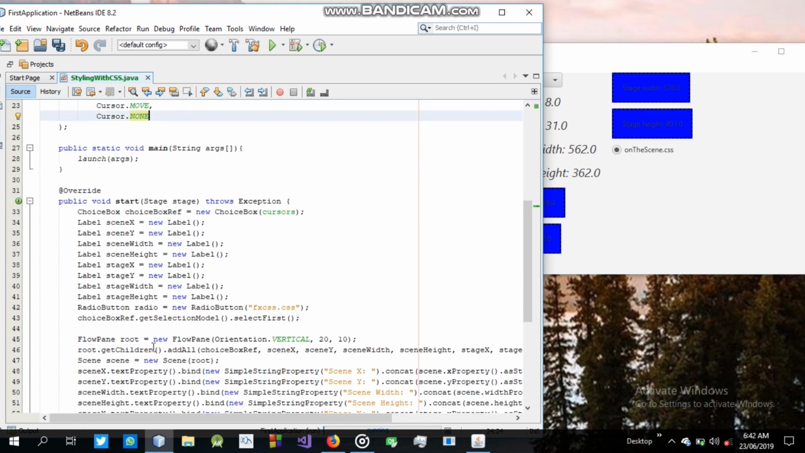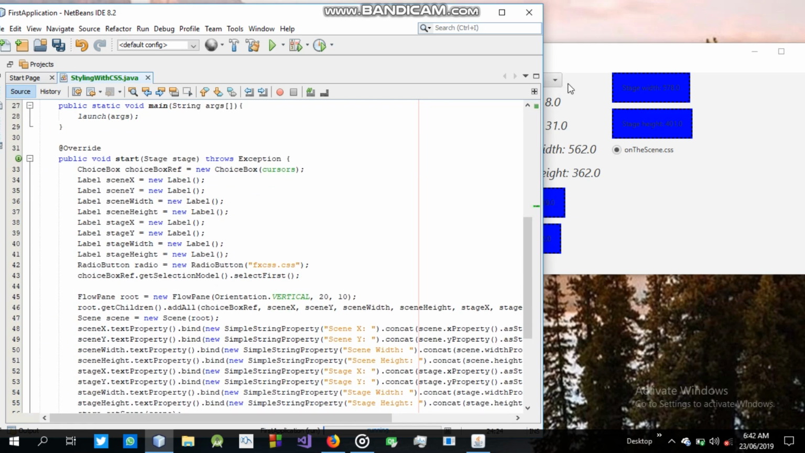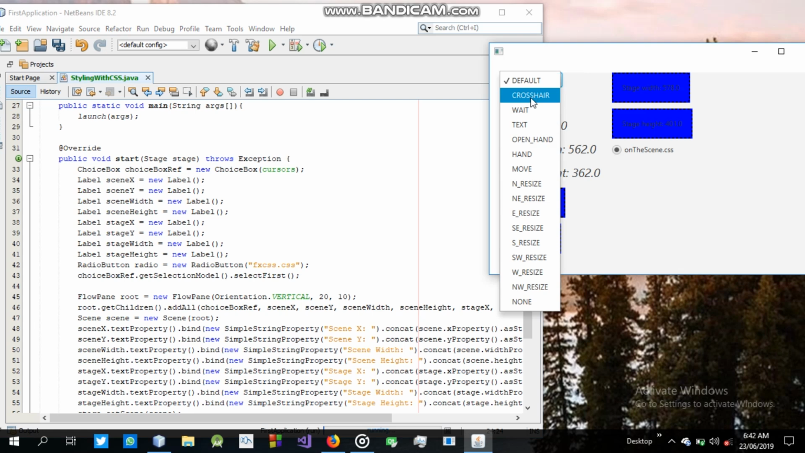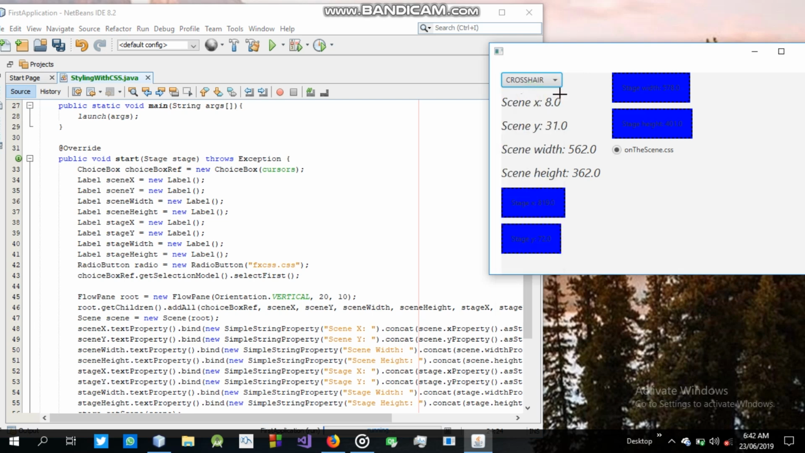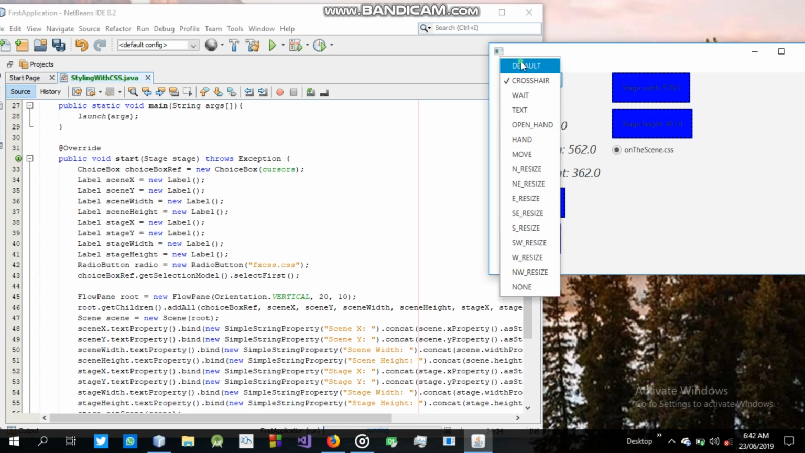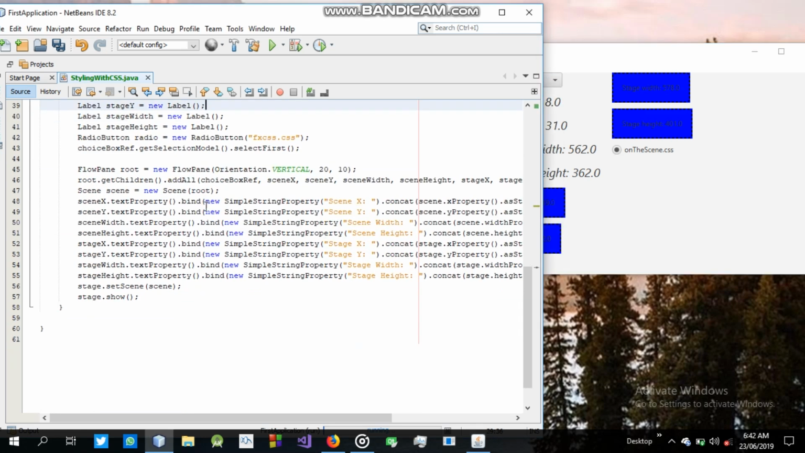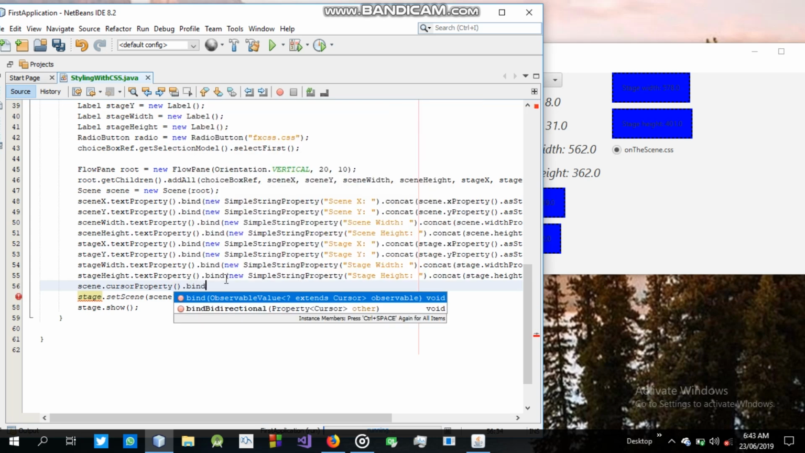So next is let's bind the properties of the cursor. That is when we select a property here, it's going to reflect on the mouse pointer. So how do we do that? We just bind the scene's cursor property to the selection model of the choice box. So scene dot cursor property dot bind,